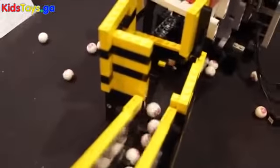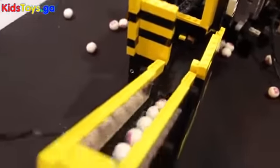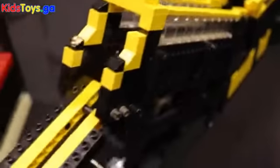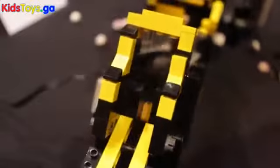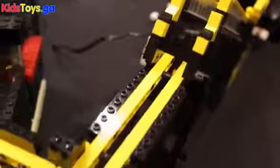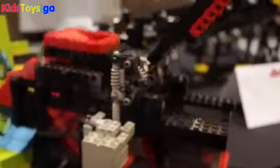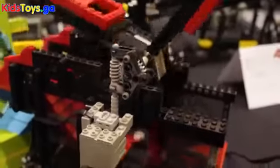This is a Philo design. The instructions have been online for many years. Again, a very reliable machine. Comes down into a paddle. The paddle's very reliable. It's probably been in use about 5 years now. Then we go into a more artistic